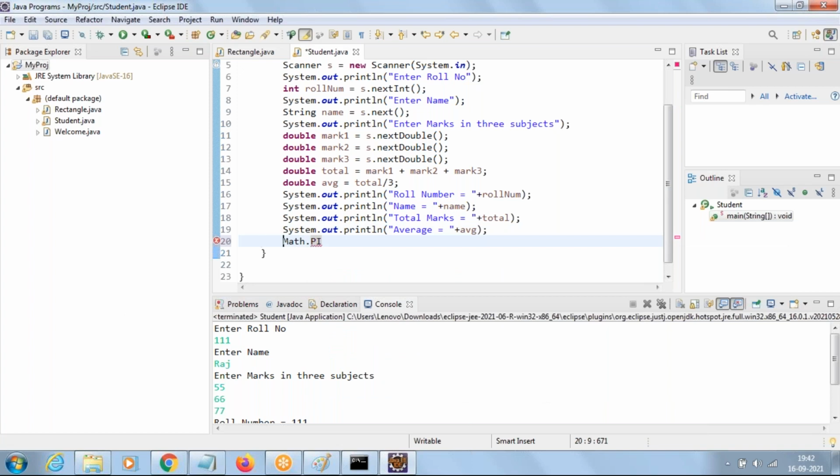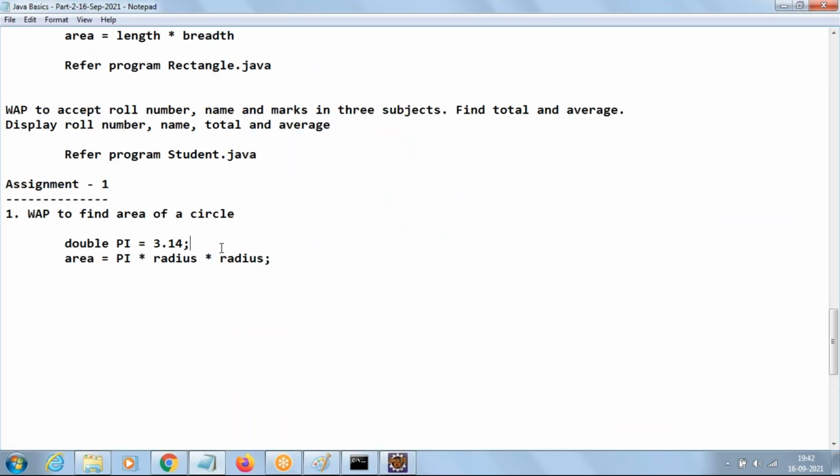If you print Math.PI also, we get the pi value. You can even use this. Or you can simply take one variable, double pi 3.14, and write the formula area equal to pi into radius into radius.